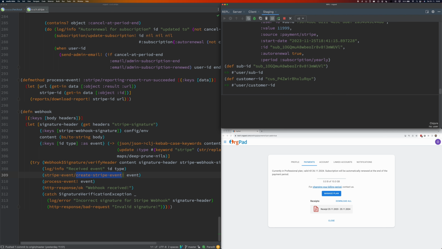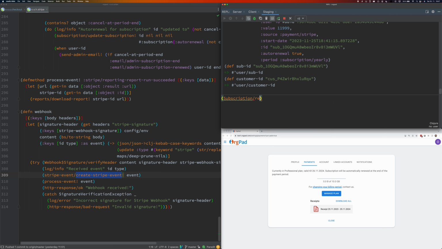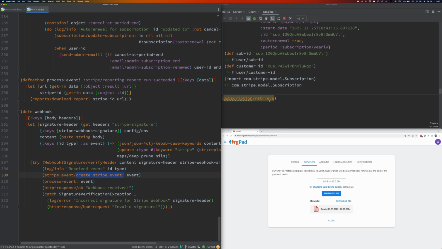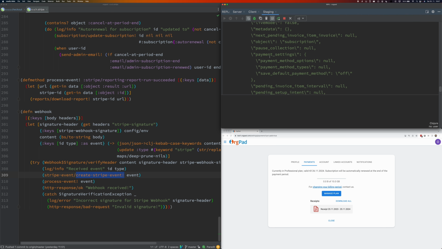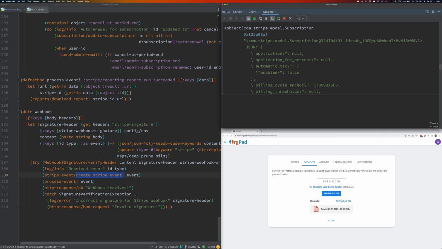And now with these two IDs, I can go and query Stripe API. So we have the Subscription object, which has the method retrieve. Let me import the Java class from Stripe. It will take the subscription ID, and it will go to Stripe, the development version of Stripe, and it will retrieve me this model subscription object, which is basically just a JSON wrapped inside of an automatically generated Java object.